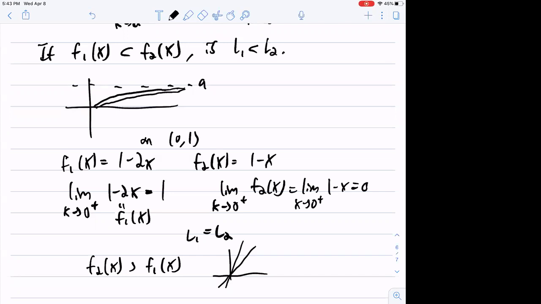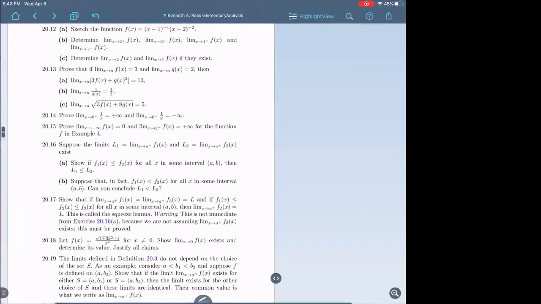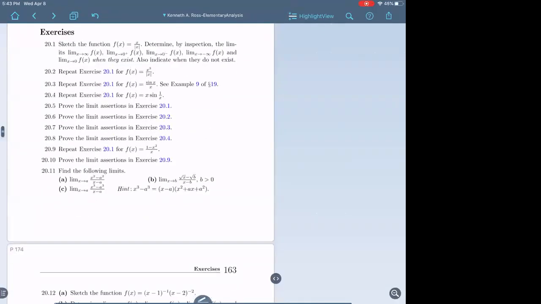So yeah. Okay, so before I end this, let me remind you, let's do 20.11 part A and B. I just want to make sure you all know